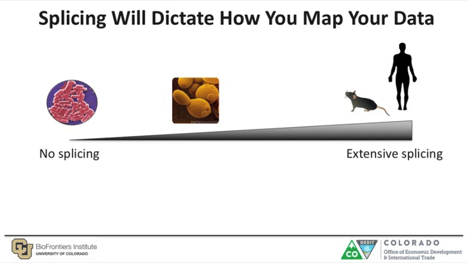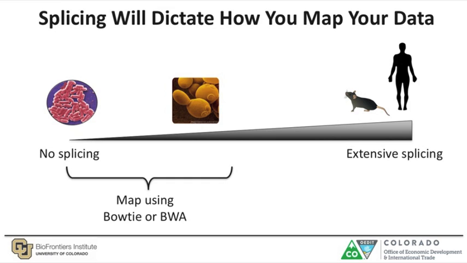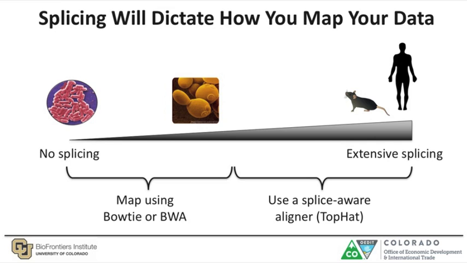The amount of splicing that occurs in your model organism will determine what method you use to map your RNA sequencing data. For organisms with little to no splicing, such as E. coli and yeast, you should map your reads using standard aligners such as Bowtie or BWA. For organisms with extensive splicing, such as mice and humans, you will need to use a splice-aware aligner, such as